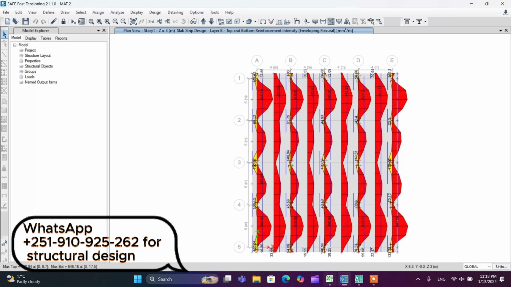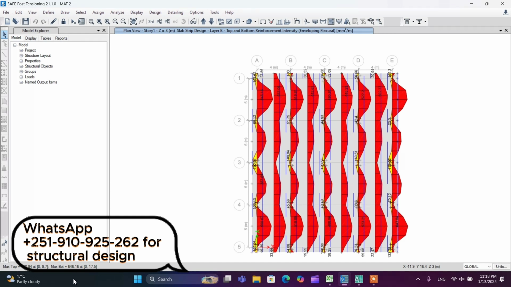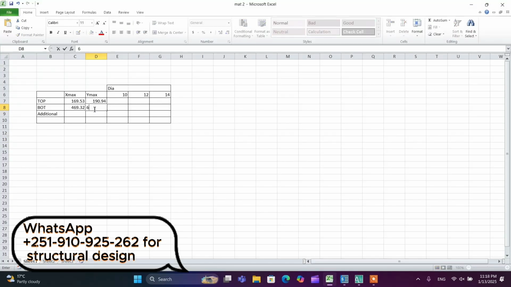So 190.94 in the Y direction. This is the area of reinforcement in the top direction, and that of the area of reinforcement in the bottom direction I will record again. So that is 646.16. After this, I will calculate the diameter of reinforcement and number of reinforcement bars plus